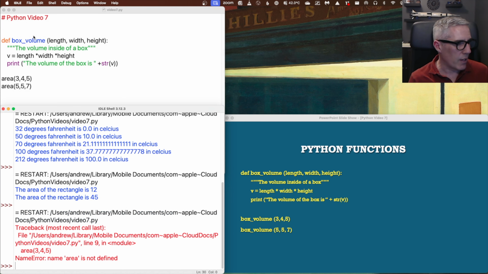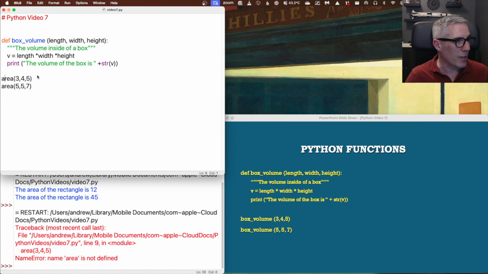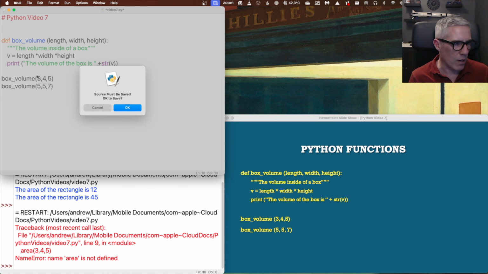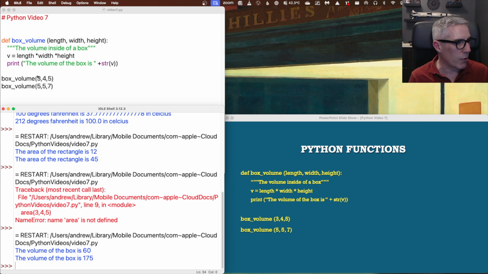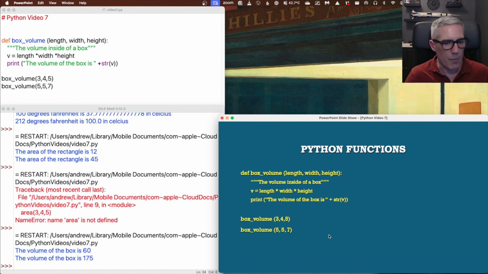And if I didn't mess anything up, of course I did. The function is not called area, it is called box volume. Like I said, when you copy it and do this kind of thing, it's very easy to make this kind of mistake. Some development environments will be a little bit more aggressive about preventing you from doing something stupid. This one is not as aggressive, so it let me run it and just said, here's your error. So